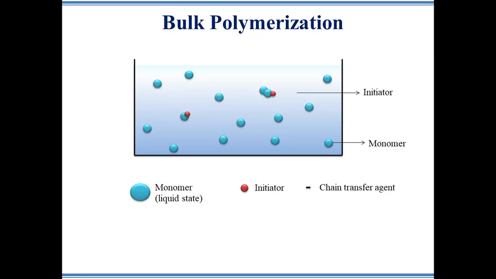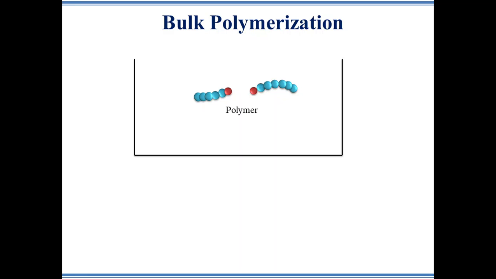During propagation, monomers combine together and grow into a polymer chain radical. Polymerization is carried out under continuous agitation to transfer heat and mass properly. To terminate the reaction, chain transfer agent is added. Finally, two polymer chain radicals combine together and form a long neutral polymer chain. This reaction is purely exothermic and a wide range of molecular masses are produced.